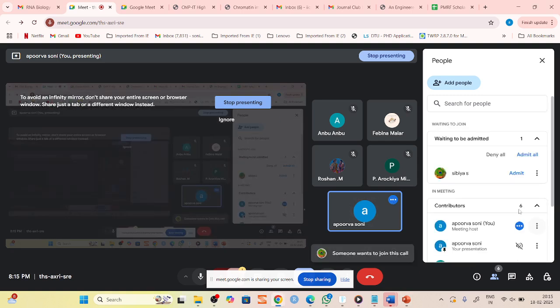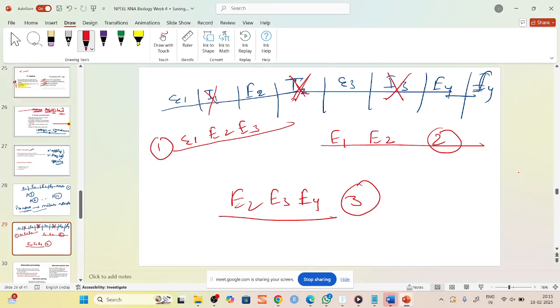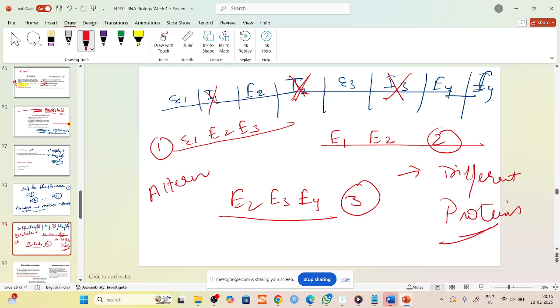Which means that by differential splicing, by different splicing patterns, we can have different sets of exons which are joined together. So this will create different types of mature mRNA, and different types of mature mRNA will ultimately give rise to different proteins. This means the same pre-mRNA, the same primary transcript, is giving rise to different sets or combinations of exons. This is known as alternative splicing. What is it known as? Alternative